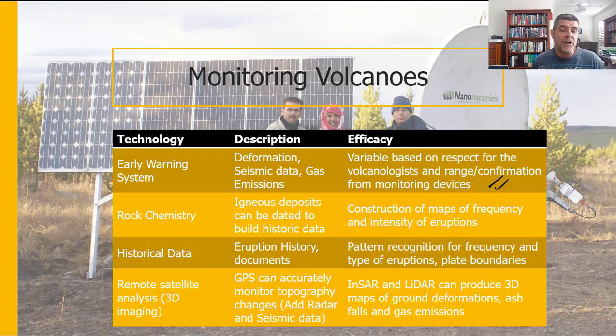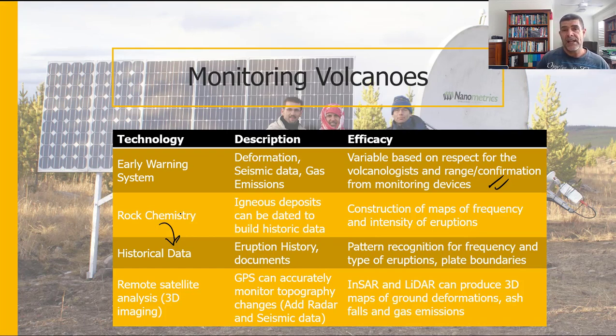Another area is historical data, and one of the things that feeds into historical data is rock chemistry. So we can actually have a look at the igneous deposits. We can get a bit of an idea of what sort of volcanic eruptions have happened in the past. Have they been effusive? What types of igneous rocks have we got? Have they been explosive? Have we got lava flows? Have we had evidence of lahars? What's been going on in the past,